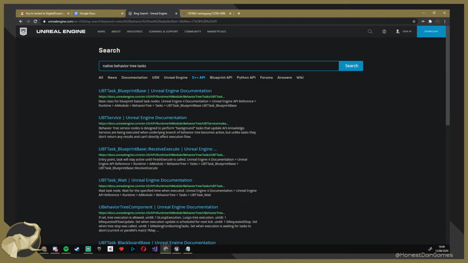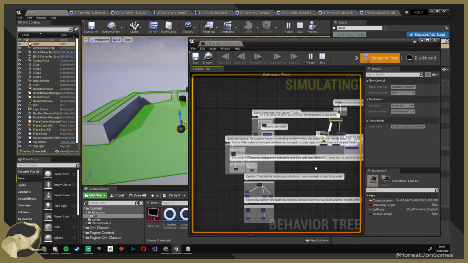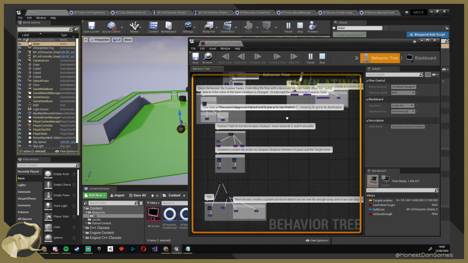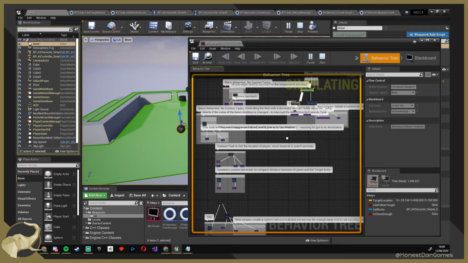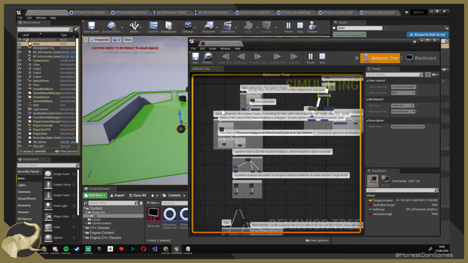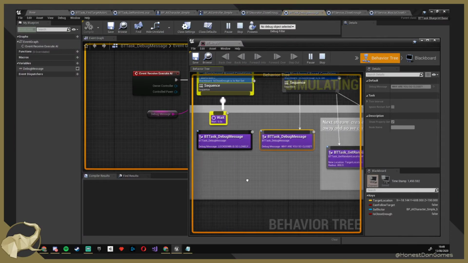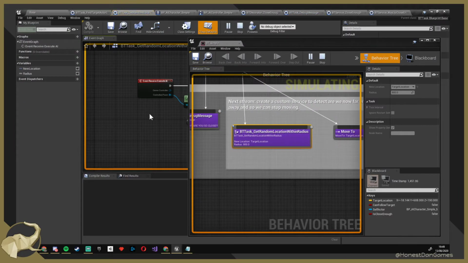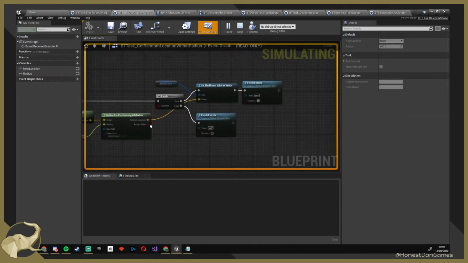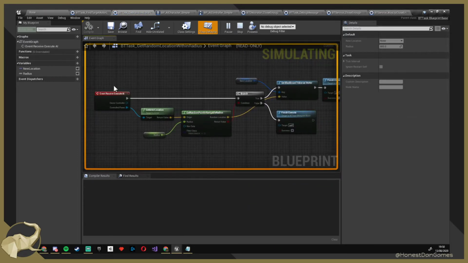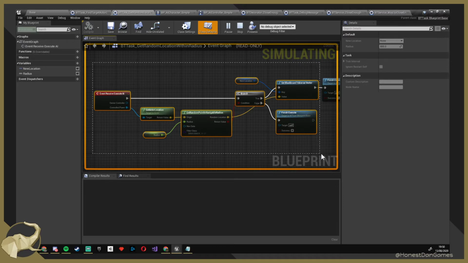Hi, Kenota. Not so much learning blueprints. Now, I'm quite happy with how blueprints work. We're more trying to learn how AI behavior trees work in Unreal. We've created one of these in this kind of graph view, and you make these tasks. Let's look at this task, for example. We made this via the blueprint system, and I want to learn how we can make these as CPP classes